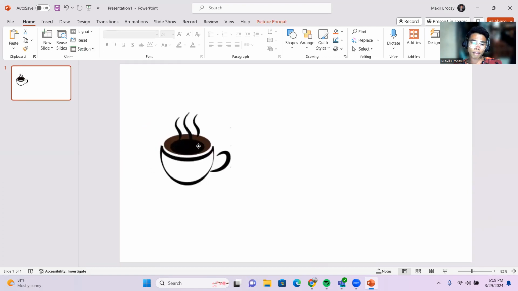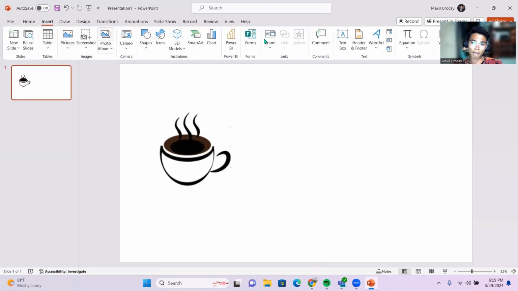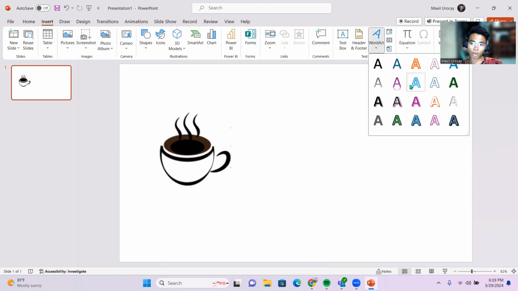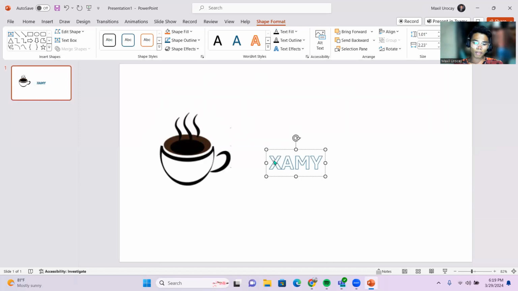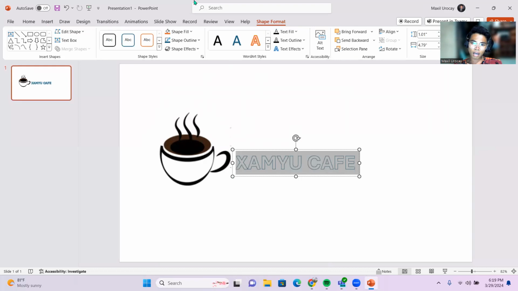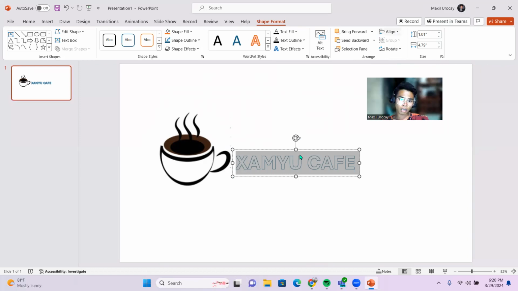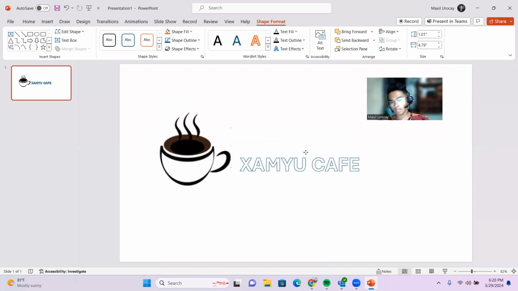Okay, so from there, for example, this is a cafe, then I'll outsource my design for that one. For example, I'll name it Samu Cafe, then I'll come up with some design. You can actually check a lot of styles right there in your PowerPoint. You can actually explore more. This is just a quick tutorial, class, just for the awareness. So for example like this,